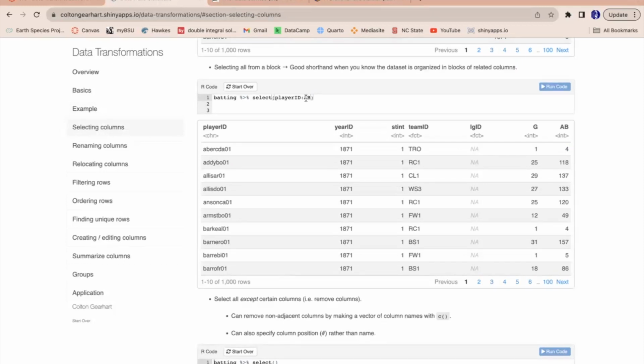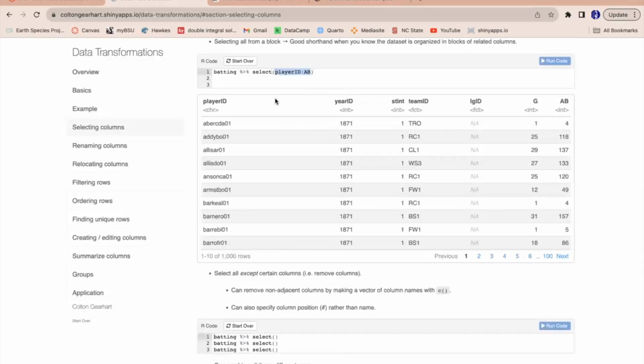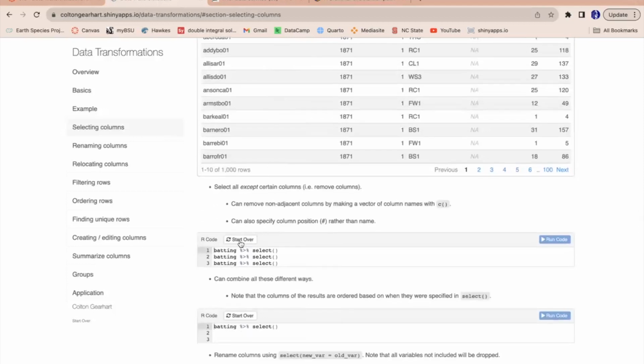We could also take out columns. So far I've just been naming columns that I want. I could also name columns that I want to remove. So we could do that. I have a few different select statements already set up for us. To do that, there's a few different ways, but we need to put these in a vector. So we use a named vector of the variables. So concatenate, let's say I want to use the same. Now I want to take out all of those first variables. So to take these out, what we have to do is just specify an exclamation mark in front of our vector